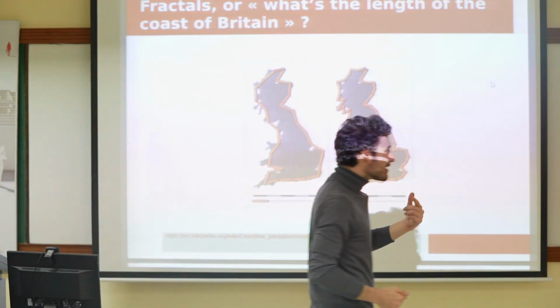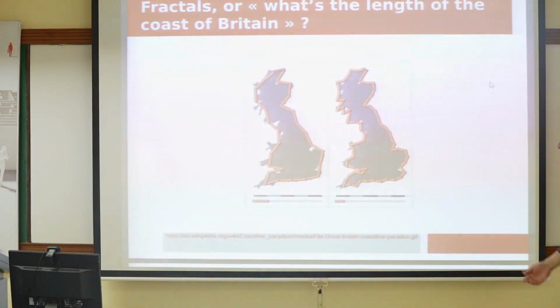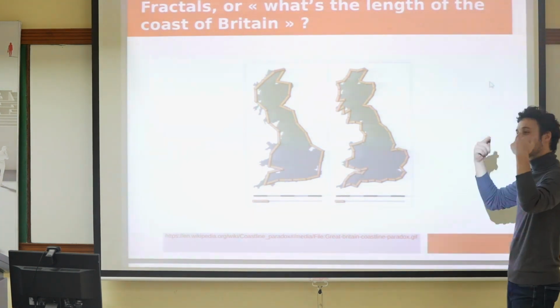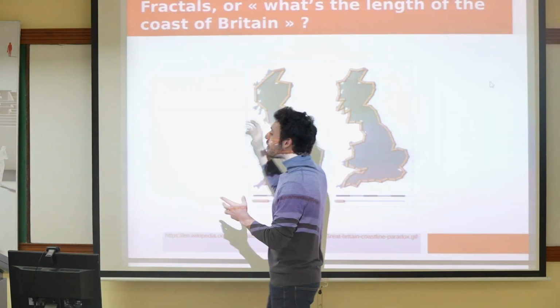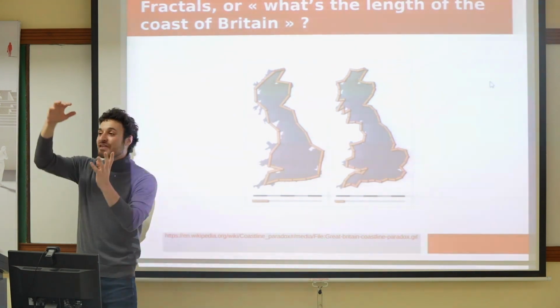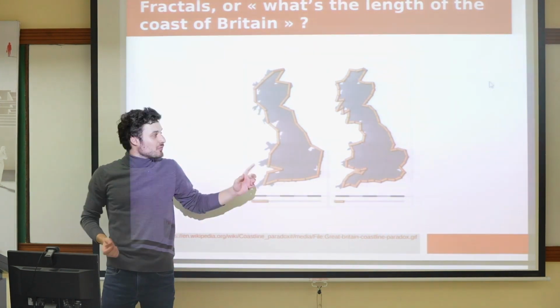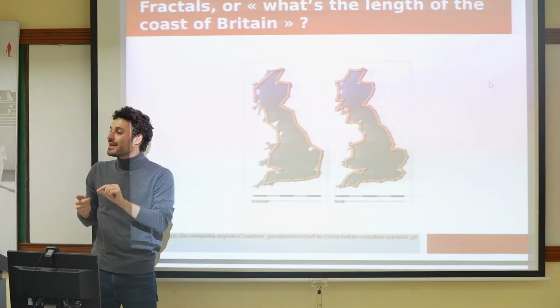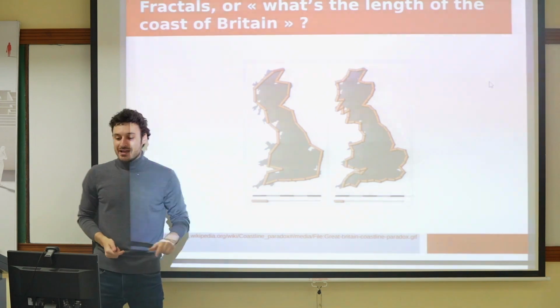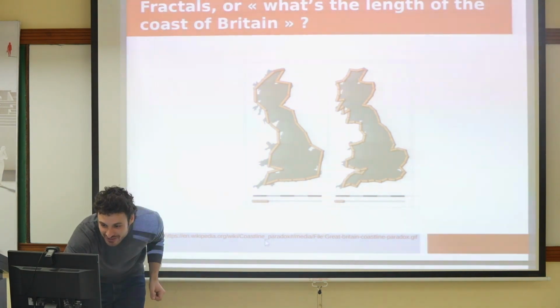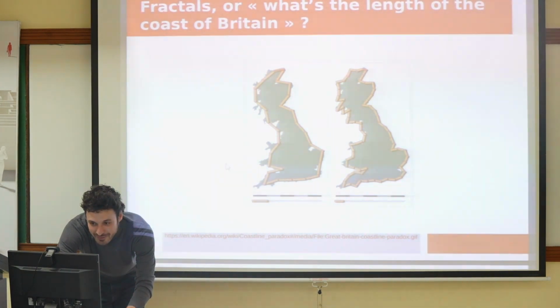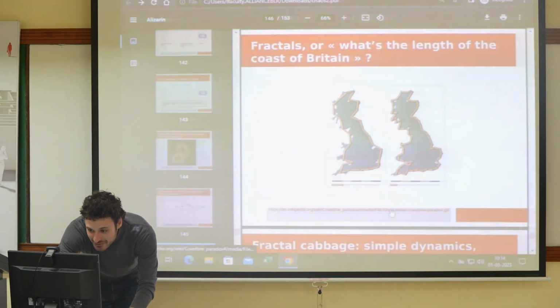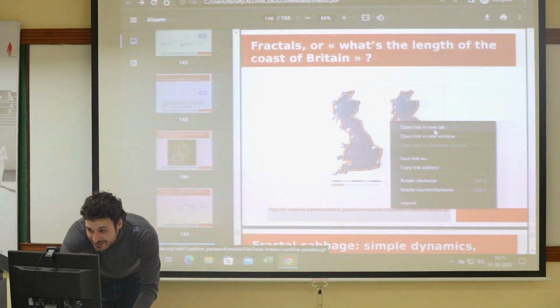You do it again, and this is really recurring, right? You do it again and again. And the thing is, in theory, this never settles, right? So the coast of Britain is infinite, at least if you think in mathematical terms, right? Because if you were to assume that the coast of Britain was infinitely detailed, well, in that case, every time you picked up a smaller yardstick, you'd just discover finer details, and you'd never settle to a given value. And this is something you can actually observe. So it has a name, it's called the coastline paradox. And you can see it here.